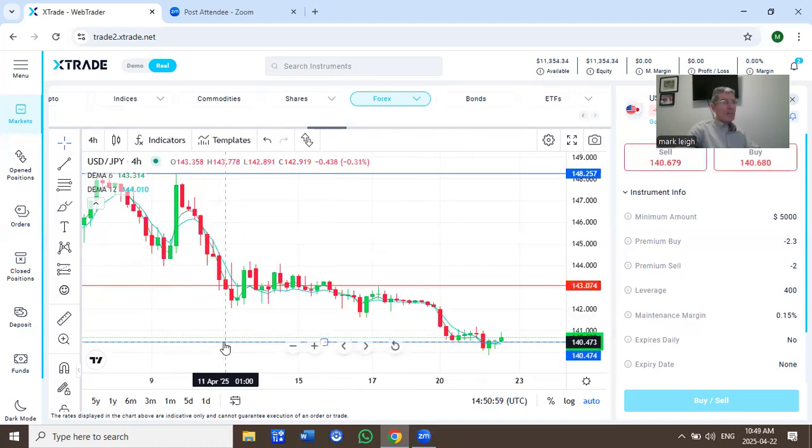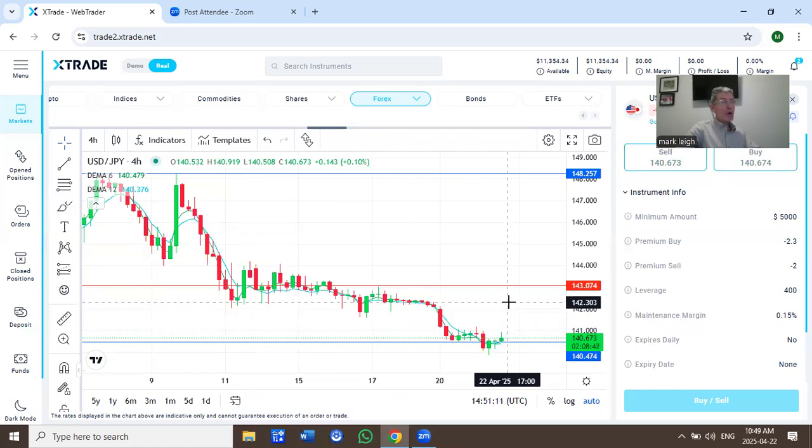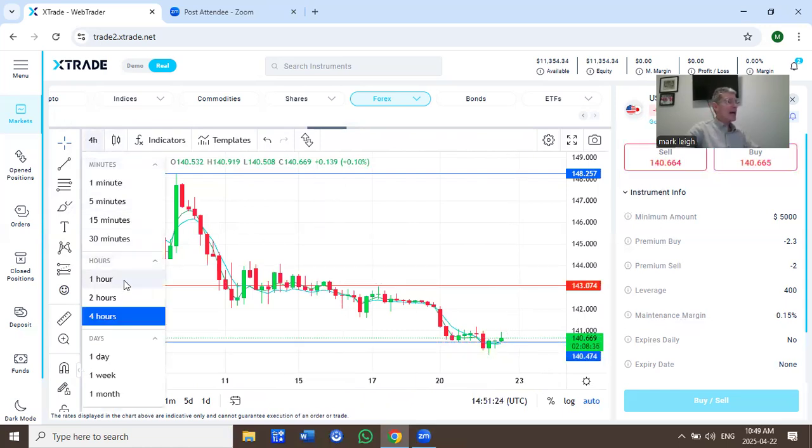There's that pivotal level, 140.47 for now. Buyers looking to bounce up off this area. That would be green. That would be buying the US dollar, come back to the 141 or higher. Sellers, that would be continuing with selling the US and buying the yen to come below the 140.47 area. Let's have a look at that on the hourly.